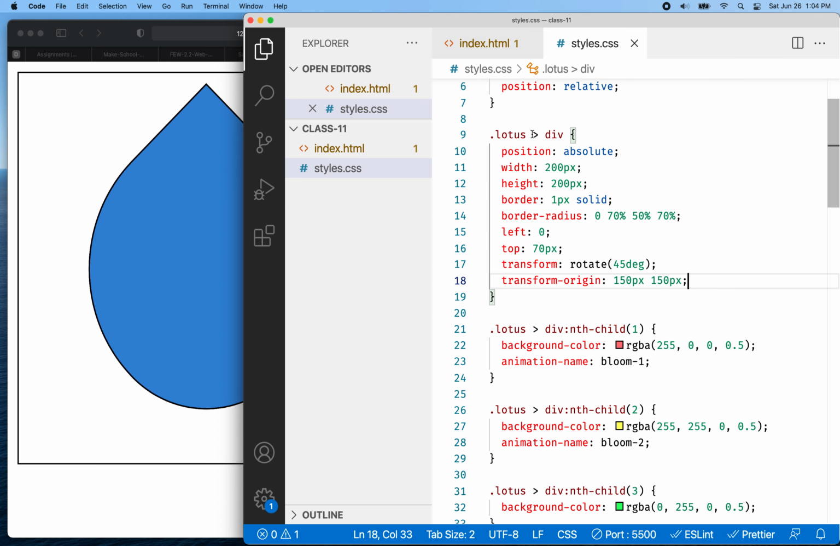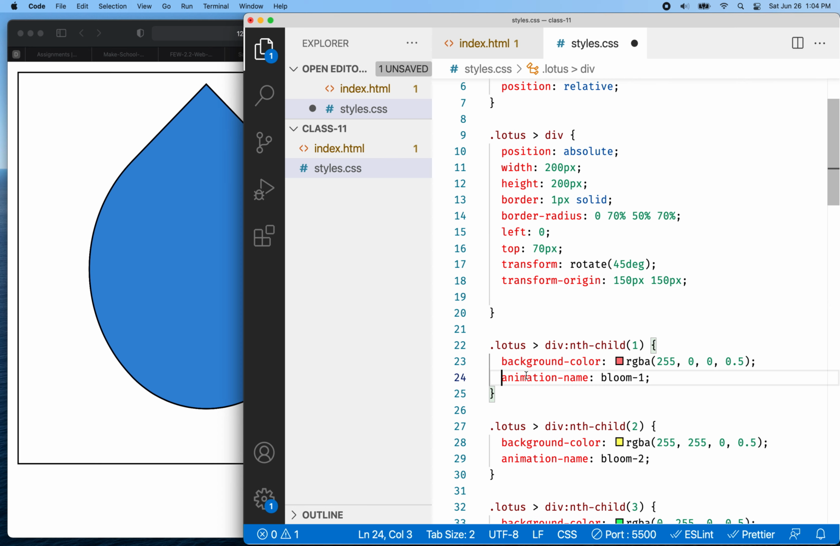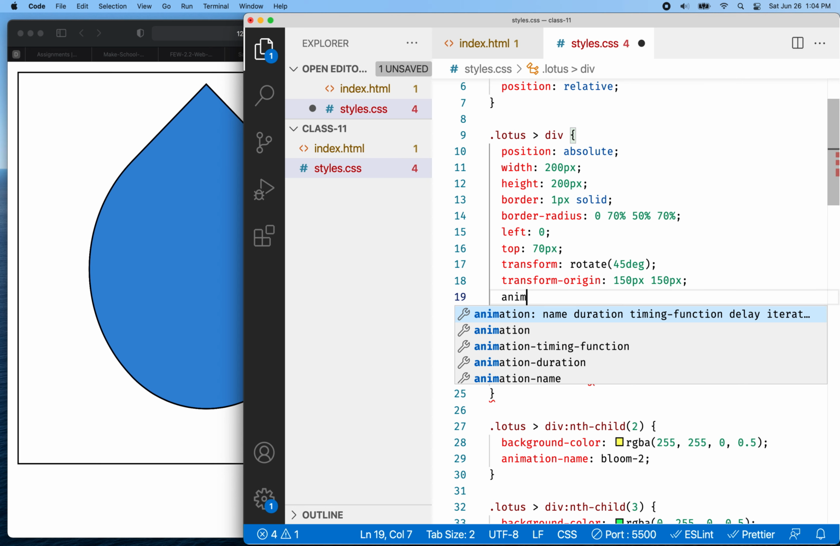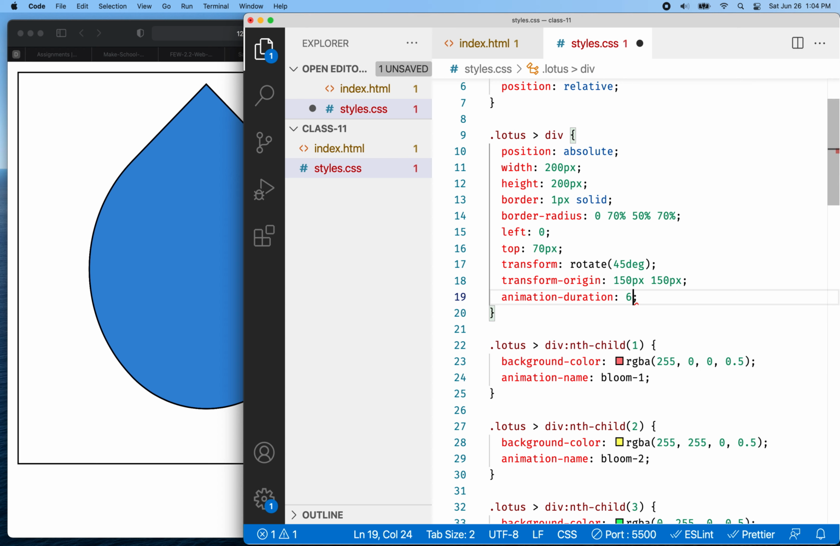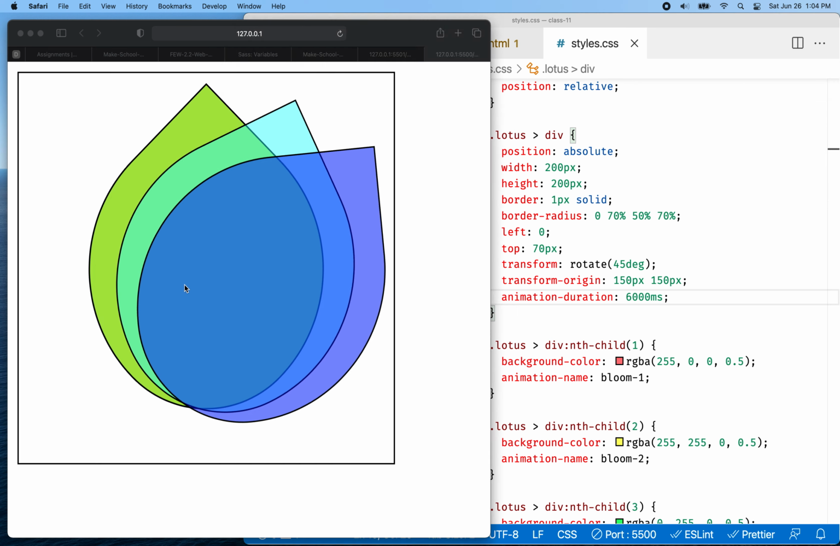I'm going to go up to the div here, and I'm going to apply this to all the animations. It'll just be easier, so all the divs will share these properties, right? So they all have a different animation, but then they can all share some properties. So I'm going to set the animation duration, right? And let's make the animation duration 6,000 milliseconds, okay? And now you can see my